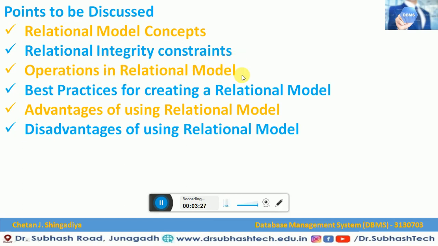Then operations in the relational model, that means what types of operations we can perform in the relational data model. There are a few best practices for creating a relational data model. We would also like to see the advantages and disadvantages of using the relational data model in DBMS. So now let us start with the relational model concepts.